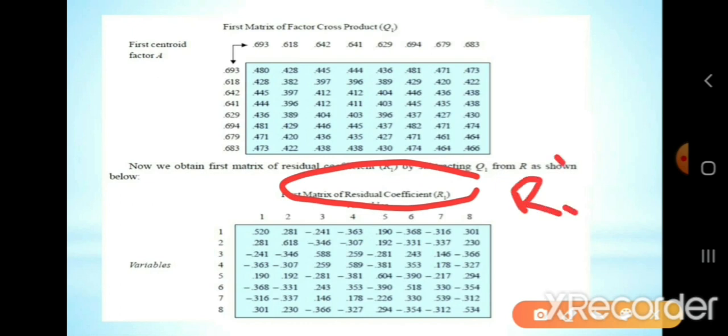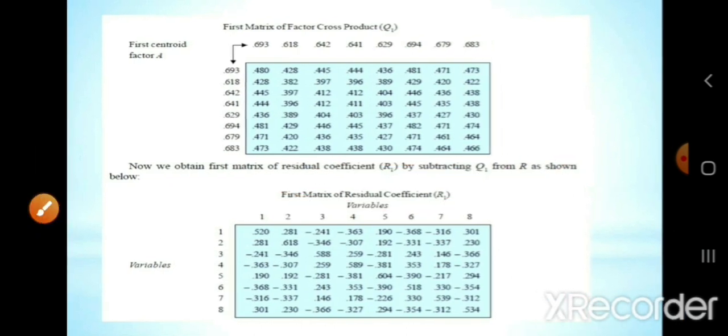So we need to find the score of reflected matrix R1 dash. For this we have to find some residual variables. These residual variables are selected by the researchers based on inspection. Okay, we'll see later. Next